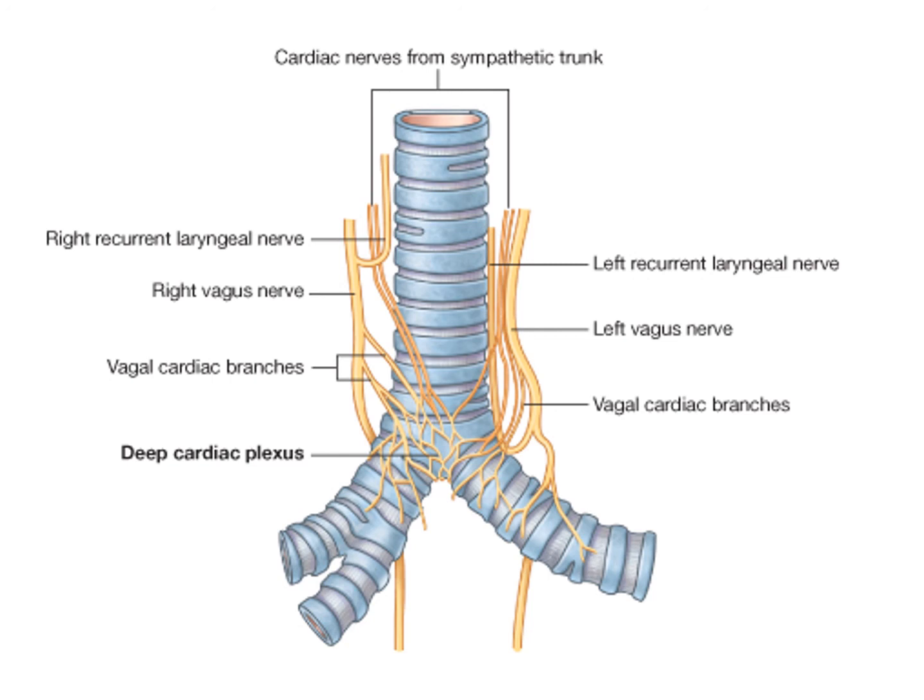Where is the situation of the deep cardiac plexus? It is situated in front of the bifurcation of the trachea, above the division of the pulmonary trunk and behind the arch of the aorta. So here there is a bifurcation of the trachea, and there the deep cardiac plexus lies. So this is the nerve supply of the heart.